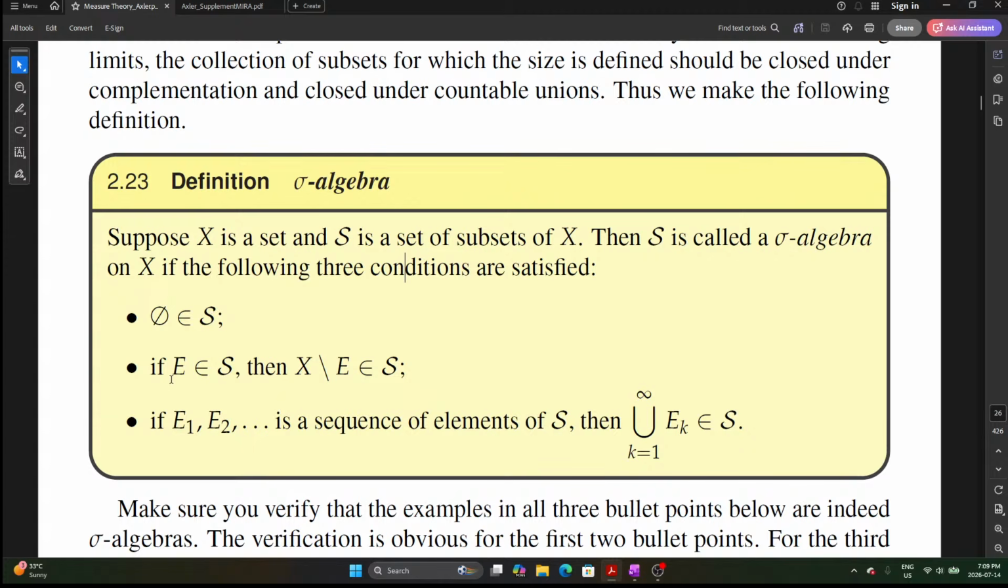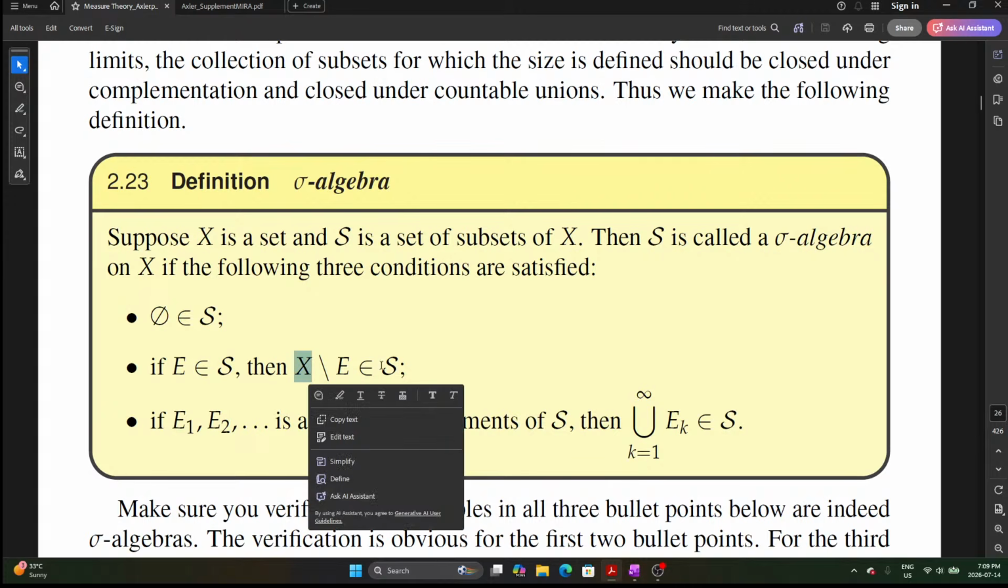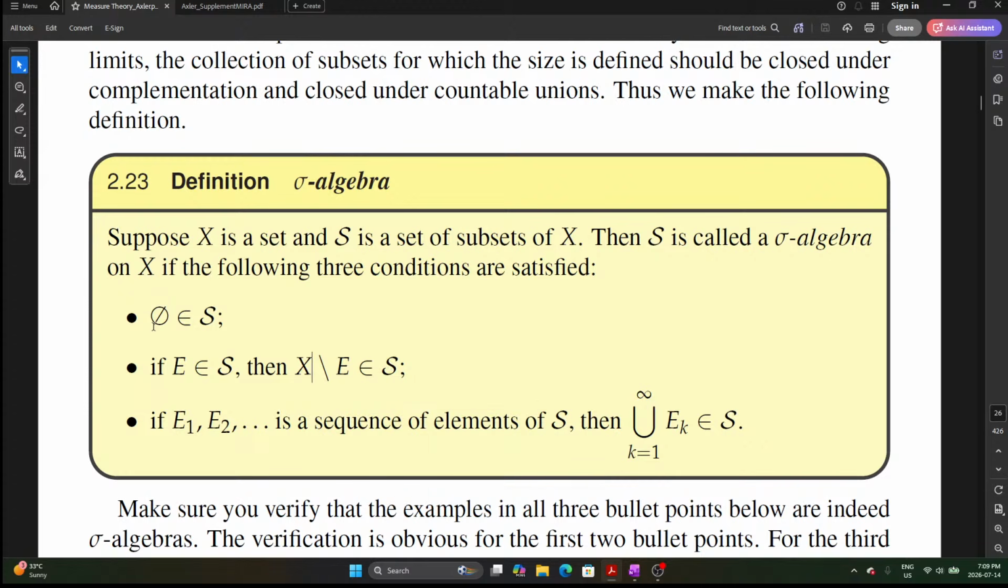The second bullet point says if E is in S, then X minus E is in S. So that's complement. X minus E, the set difference, is complement. So the second bullet point says a sigma algebra is closed under complementation. Okay, so immediately from the first two bullet points, we see that X itself is also in S. Right? Because from 1, we know the empty set is in S, and X minus the empty set, of course, is X itself. So this tells us that any sigma algebra must at least have two elements: the universal set